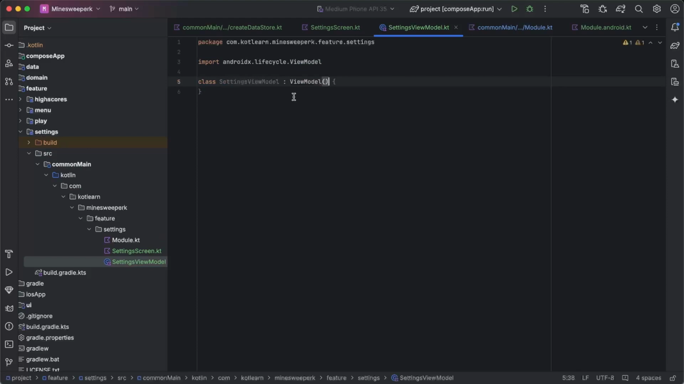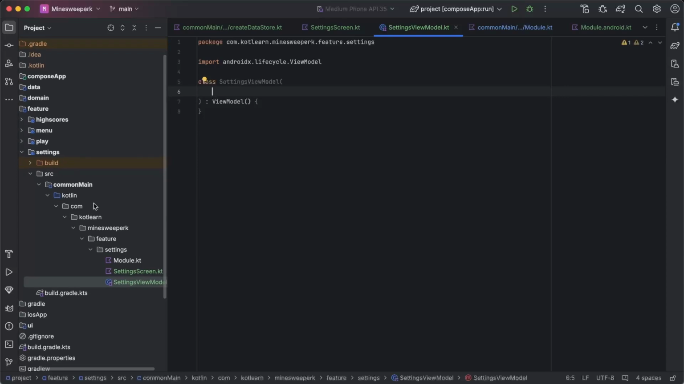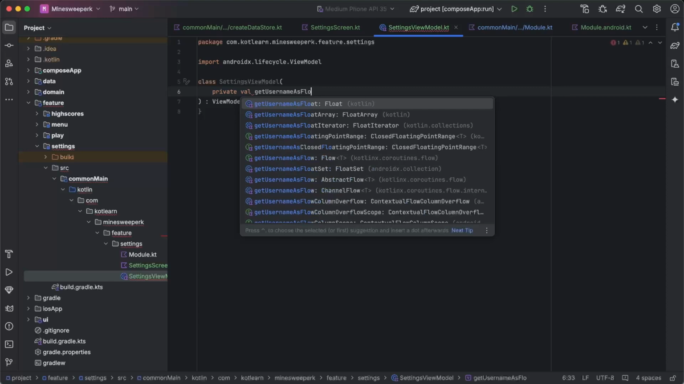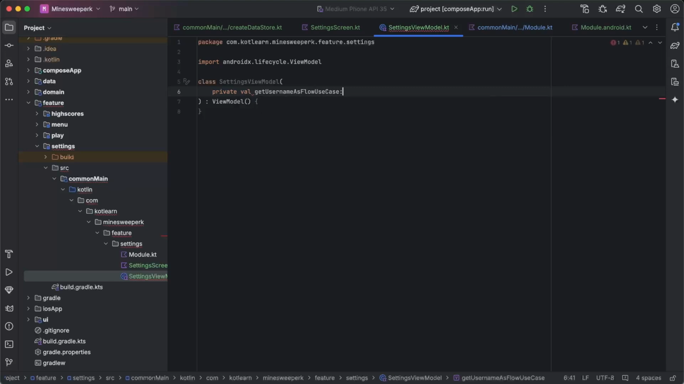That'll inherit from view model. Now we need a way to get our username and also to update it. So we're going to do that using use cases that will live in the appropriate domain module. So we'll work backwards here, and we'll type them here first. So we'll want get username as flow use case,